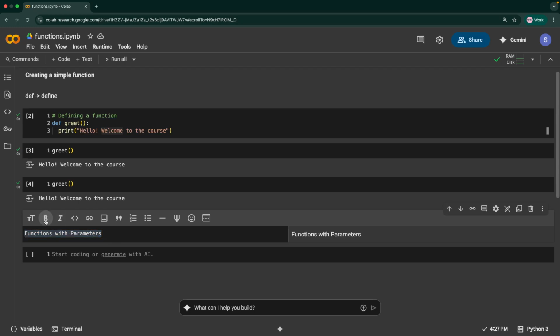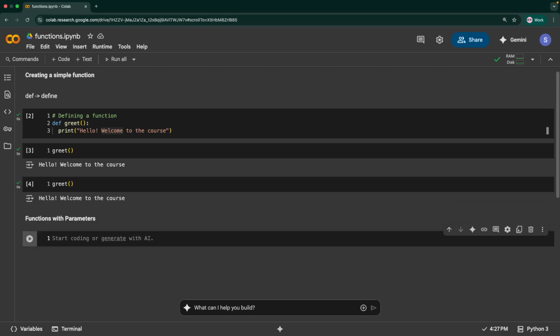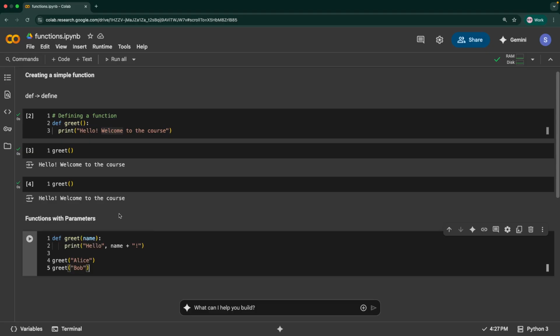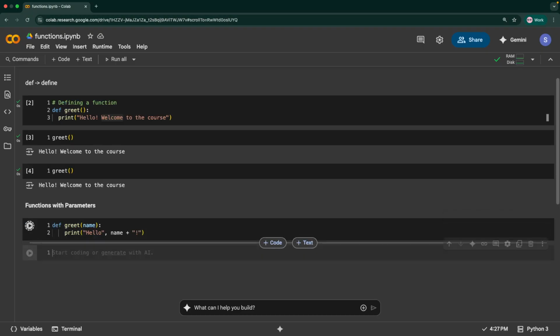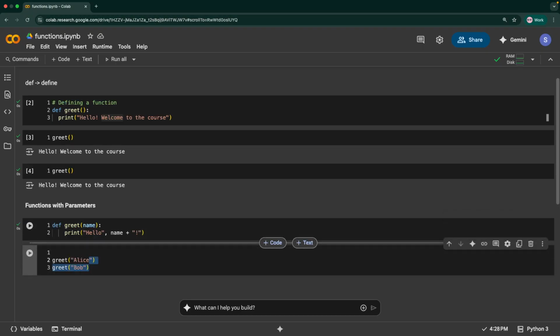So this is the next kind of variation that we can work with. Let's understand this. Here we didn't pass any parameters, right? In this case, I can say greet, but this requires a parameter called name, and in this print statement, this variable is used. So let's say we have a function called greet, and I'm calling this greet function. I'll call this in a separate cell. Let's see how this works.